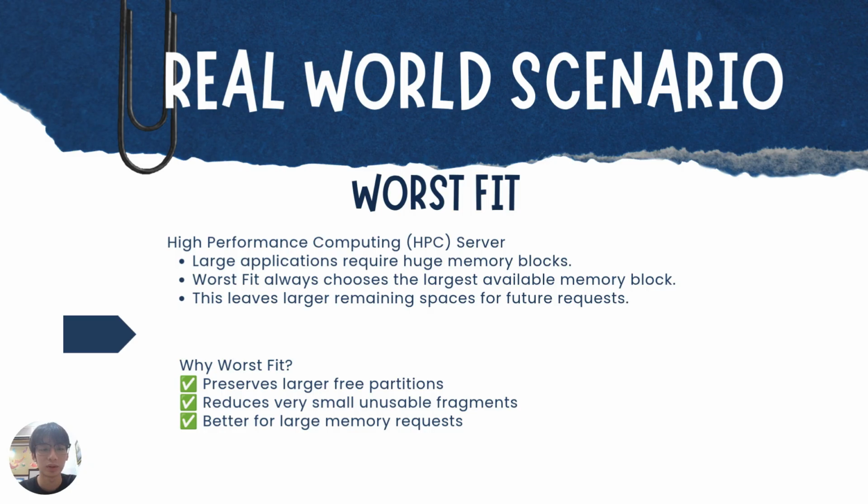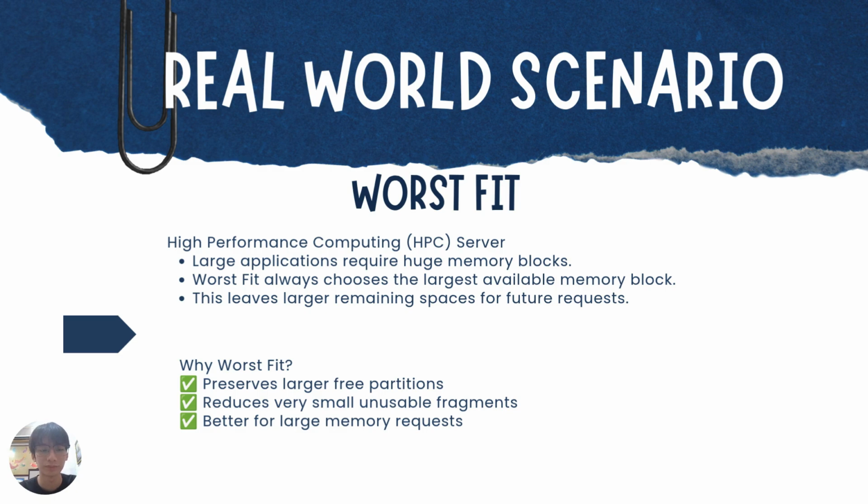By choosing the largest block, it tries to leave larger free spaces after allocation, making it easier to accommodate future processes. This strategy helps reduce the creation of many very small memory fragments, and it is useful when the system frequently handles large memory requests. However, repeatedly using the large block may eventually break it into smaller pieces, reducing the availability of large memory